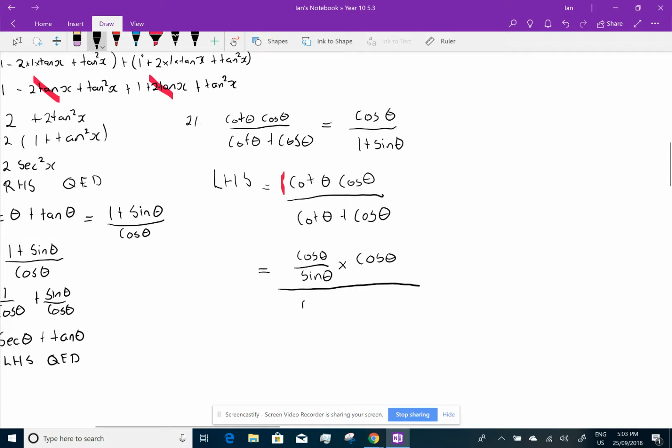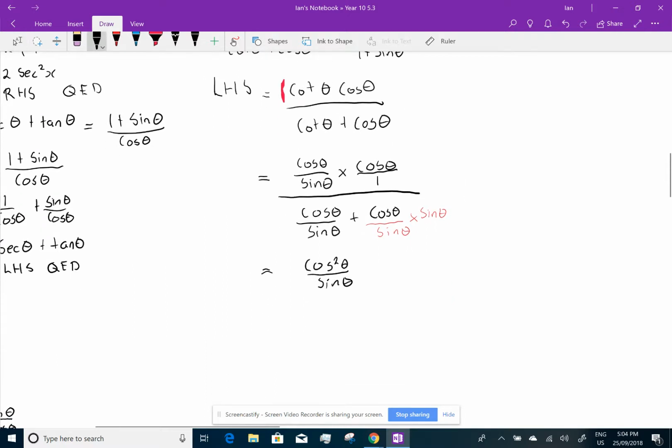On the bottom, I'm going to write that as cos theta on sine theta plus cos theta. And what I'm going to do is something straight away here. I want to put that over sine theta by multiplying sine theta top and bottom. Okay, so what do I get here? I get cos squared theta, because remember that's over 1. So cos is cos squared theta on sine theta. And underneath, I get cos theta plus cos theta sine theta